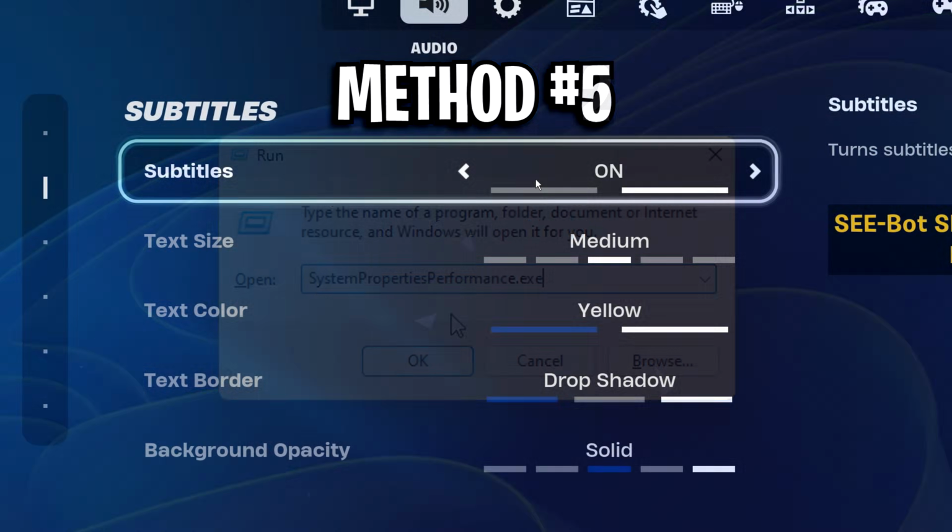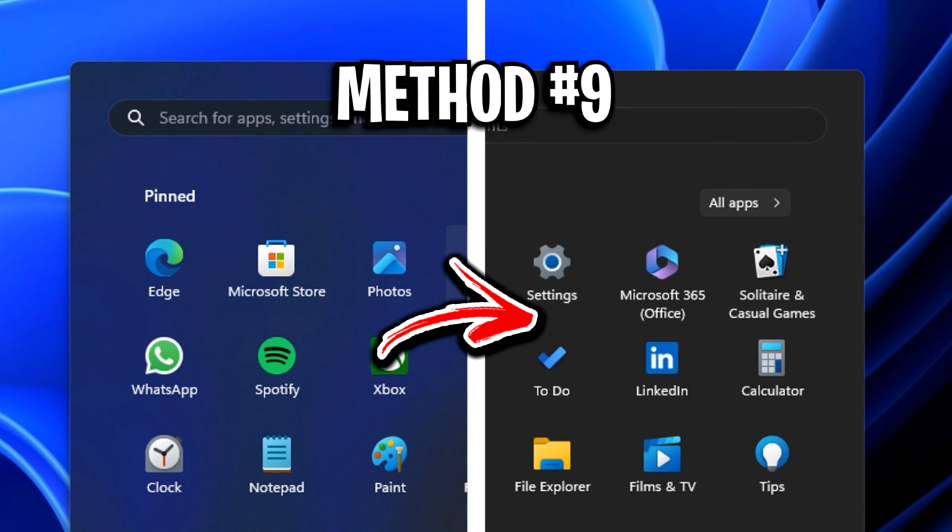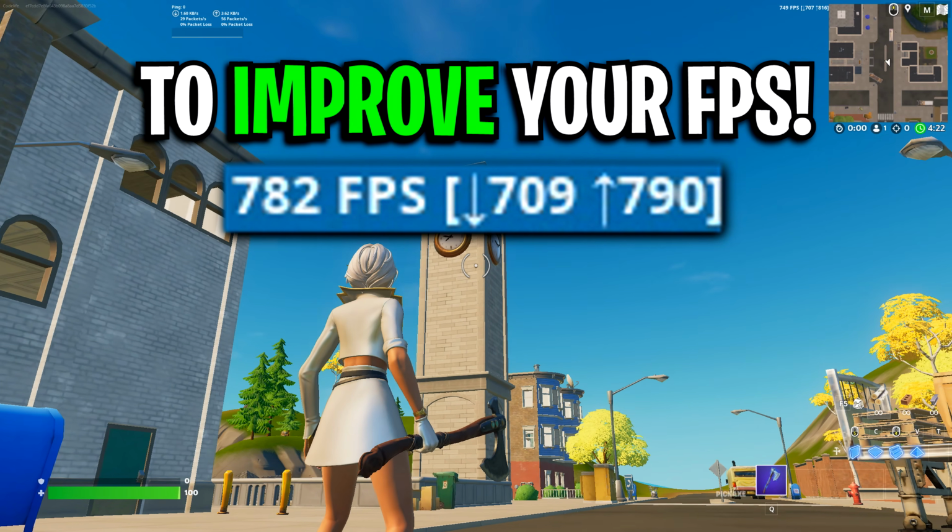But after following all those different methods I've showcased in this video, you definitely should see some FPS gains, which